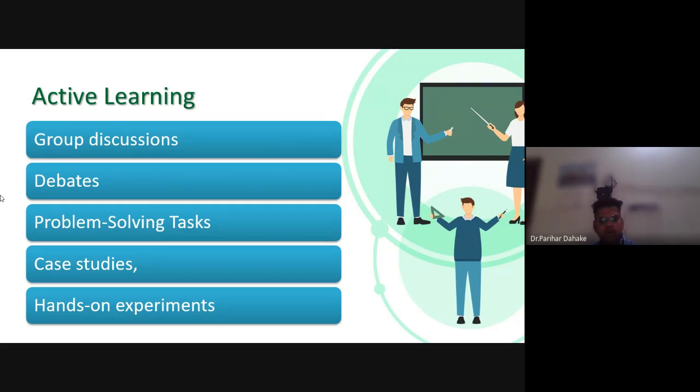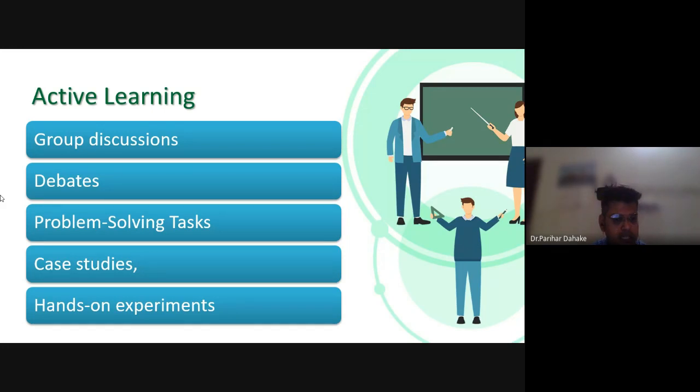Many of the faculty members come up with teamwork and start giving problems to the students and start asking them about the problem to get a particular solution. Obviously, many heads, many minds, many solutions come out, and one desirable solution will be there to solve the problem. For that matter, group discussion is there. Debate is also there. Problem solving tasks are there, where the analytical and problem solving ability of the student has to be solved. This intention was there in the minds of faculty members.